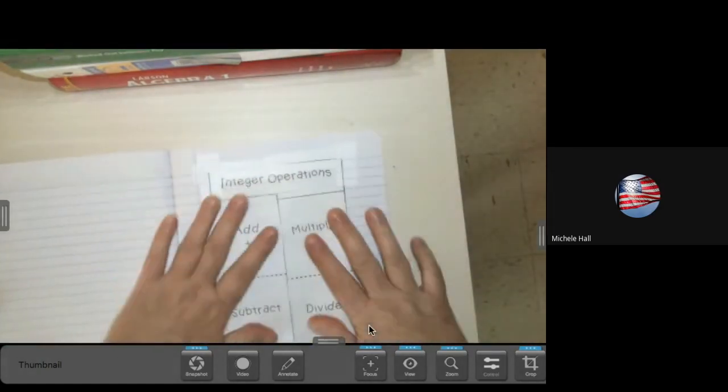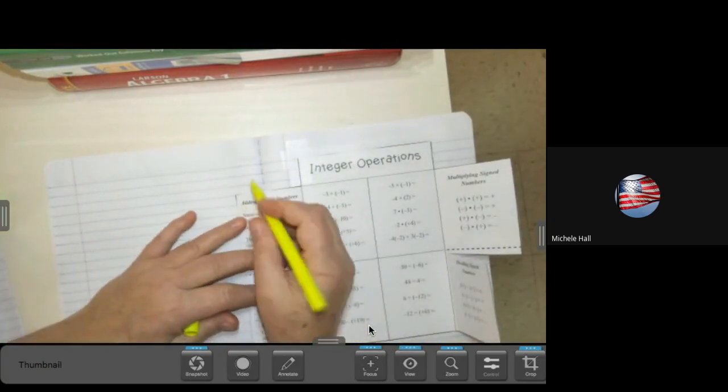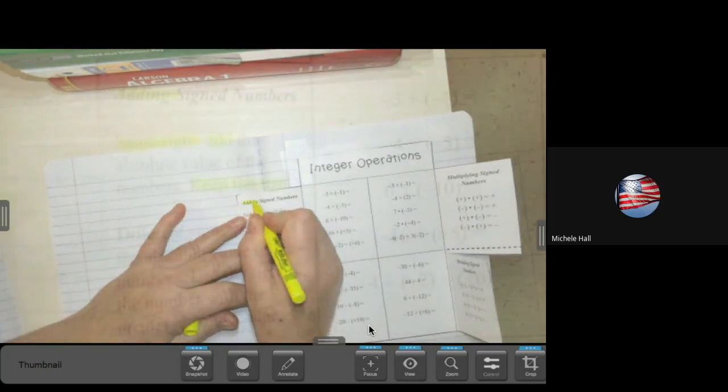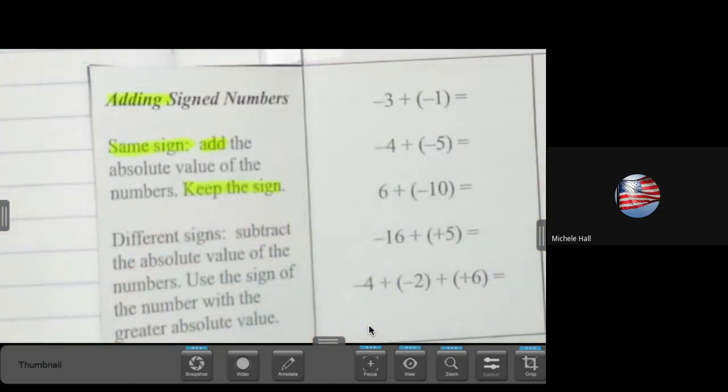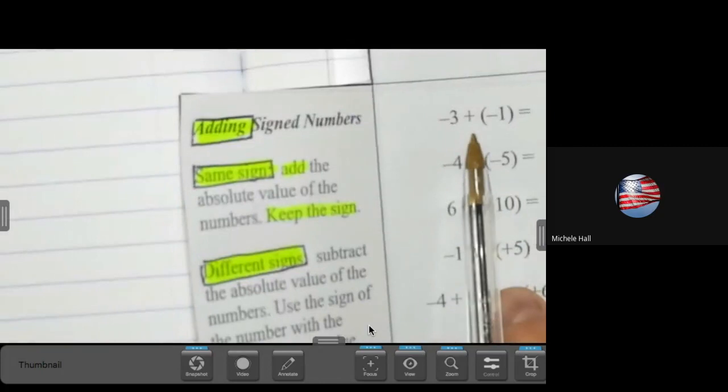All right, integer rules. Today we're just working on adding integers, same sign. We're working on adding. Adding means you add and keep the same sign when they have the same sign. So if I look at the first example,